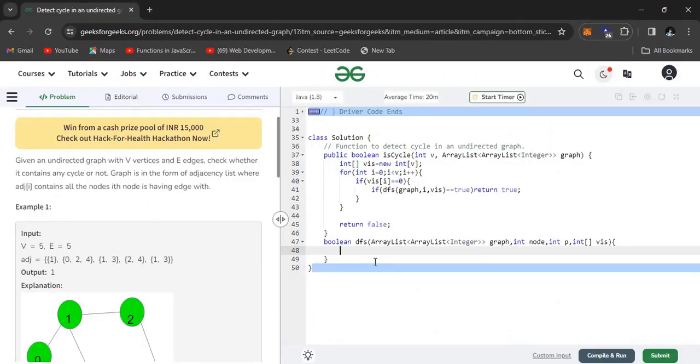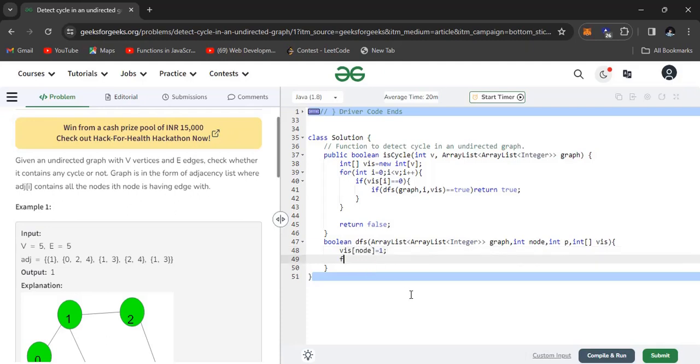And make visited of node equals to 1. Now try for all its neighbors. Try i equals to 0, i less than graph dot get of node. The get of node will return one array list which includes all the neighbors of that node, okay.